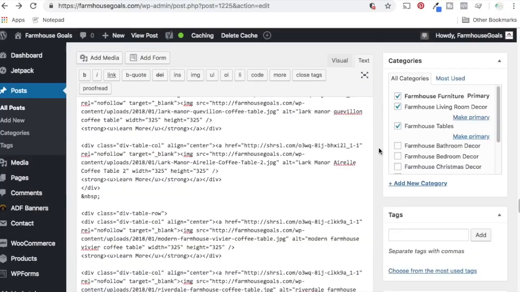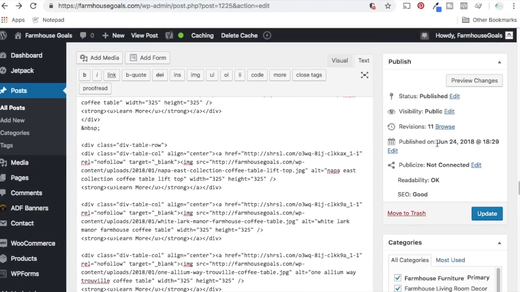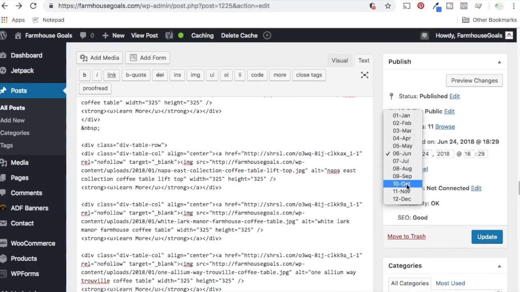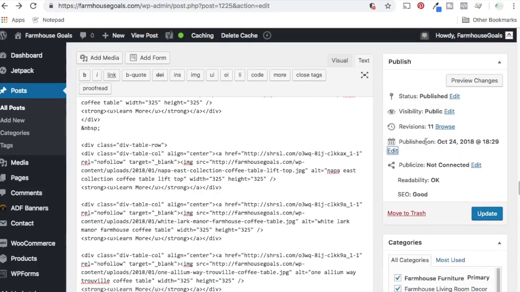What I'll do is I'll come to the top here. So you can see published on, it's going to say June 24th. What you could do is just update the date. So I'll just set it to today's date, or yesterday's date, one or the other. So I'll publish on October 24th, click update, and now it's going to change the date to October 24th from